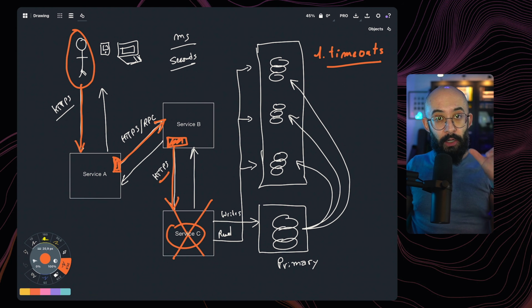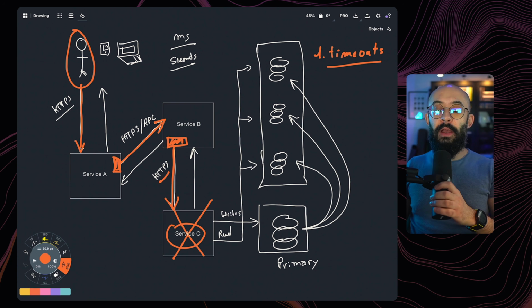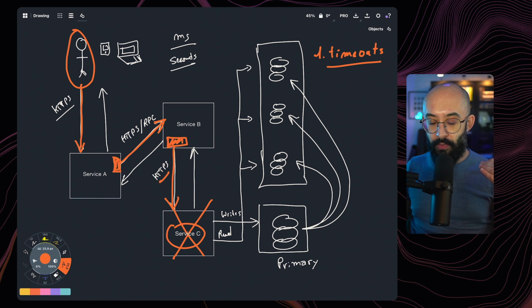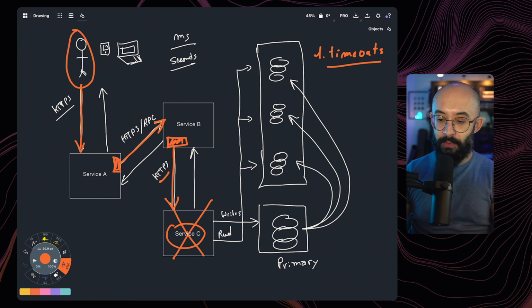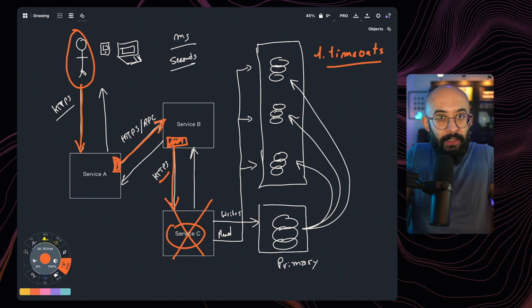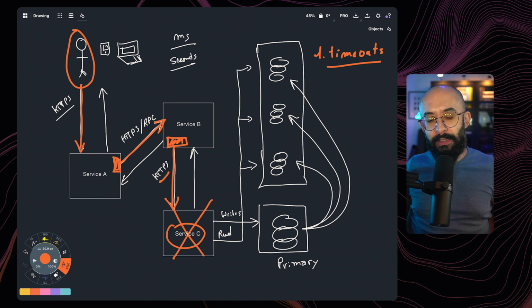And if the call does not come within that period of time, we need to return an error or deal with this in some way or another. Timeouts are the best way to handle this as a first layer of protection. How do you configure a reasonable timeout period? Is 5 seconds good enough? Is it 10 seconds, 30 seconds, maybe even 2 minutes? What is a reasonable timeout value?